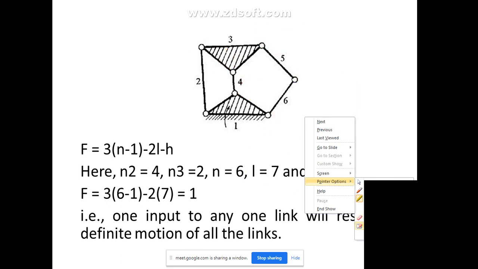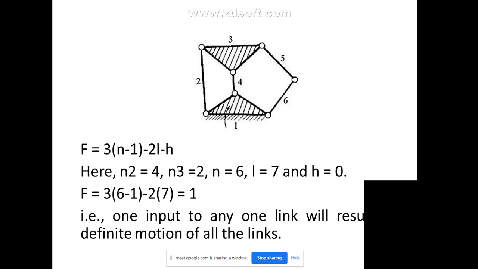Sir, yes sir, can you show me the picture including higher pair, sir? See, first you learn about basic things. I am going to solve all types of problems. You don't worry about that. I will solve higher pair problems also. First you understand basics. Don't directly jump to the last one. Otherwise you will not understand basic things also. Today I am going very slow because first you understand basic things. If I directly give higher pair, all students will not be able to cope up. I have to go with all students at the same slow pace only.